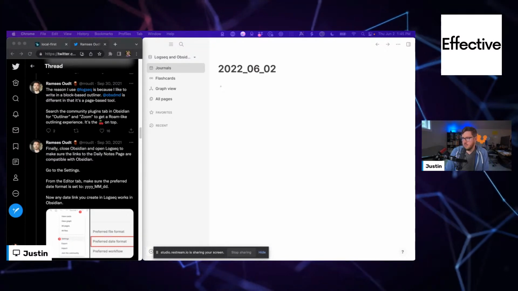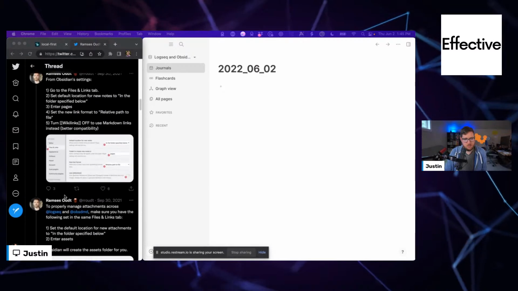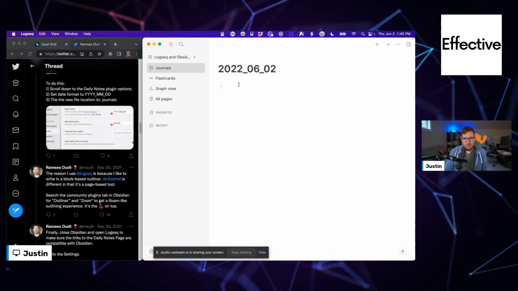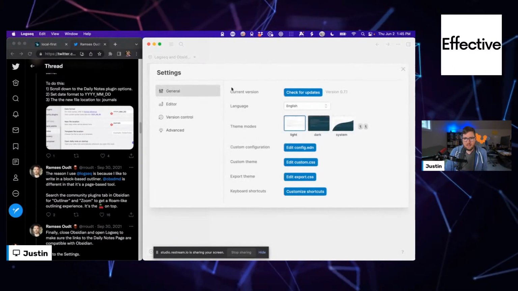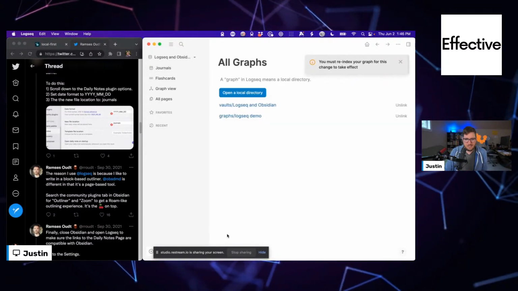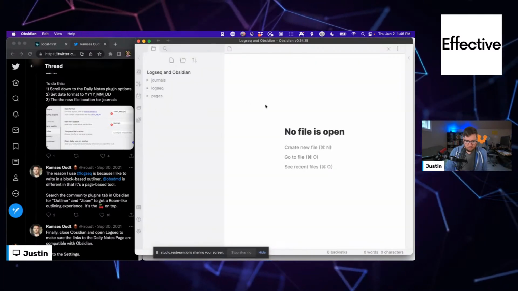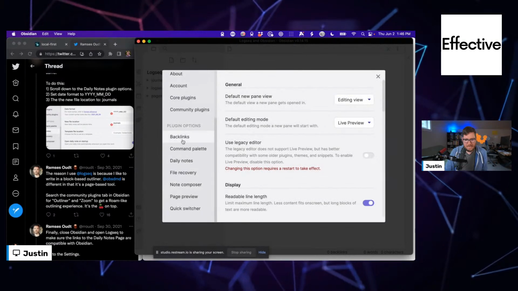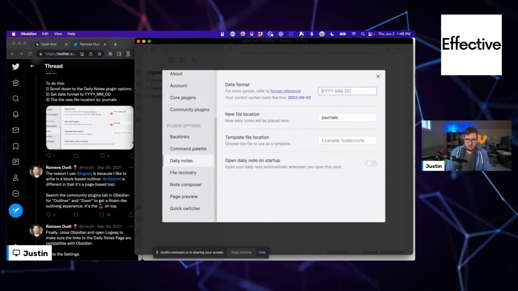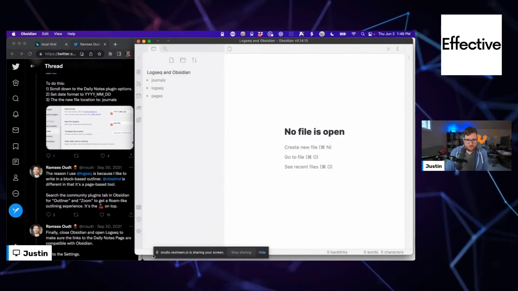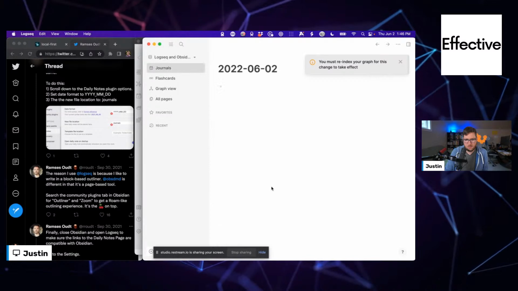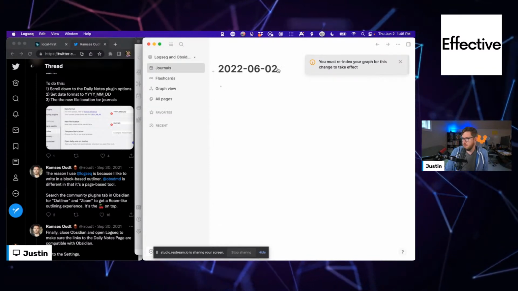There's a tweet thread in the chat that points you to this tweet thread by Ramses about how to integrate Logseq and Obsidian together. One thing I am going to try, though, is I don't like the underscore date, but to me, it doesn't make any sense that we would have to use that because Obsidian automatically uses the dashes in a document. So I'm just going to try this, see if it works. I'm going to reindex the vault or the graph here again. All right, 0602.